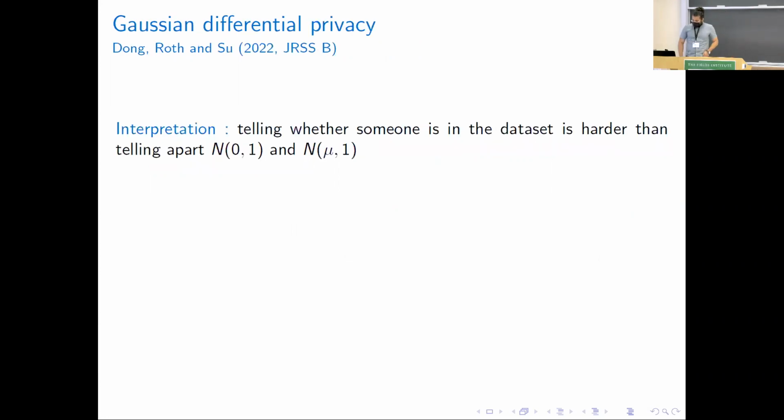Unlike, I guess, all the other talks I've heard before, I'm going to be working with Gaussian differential privacy, but of course, we could be using something else. There's something nice about this one, and it's that it's quite easy to interpret what the privacy budget parameter means. Usually once I started using this, I stopped getting the question about how to pick epsilon, because the guarantee becomes a matter of telling apart two Gaussians, one coming from a normal 0, 1, the other one from a normal mu, 1, with one random draw, right?